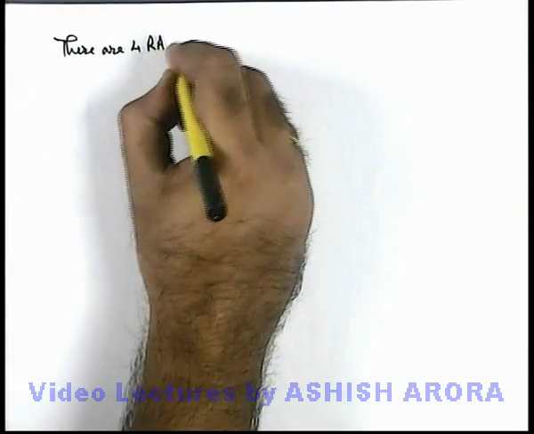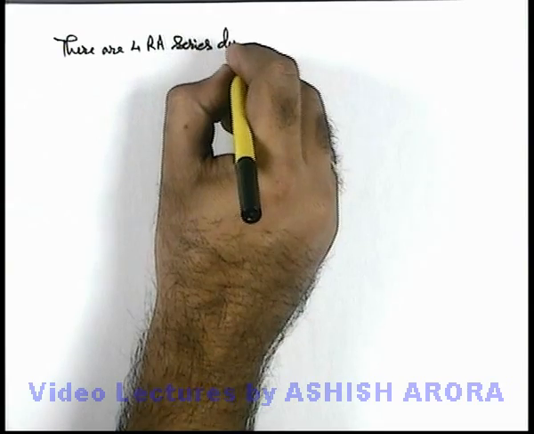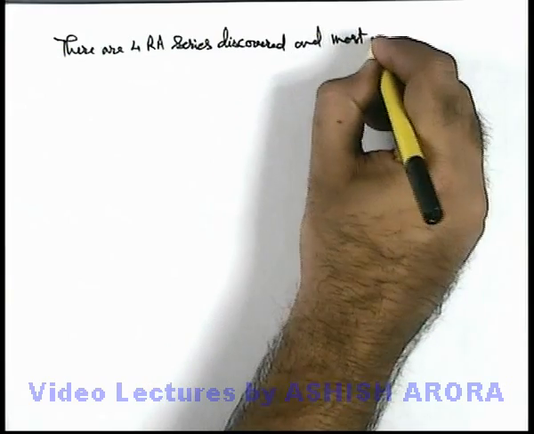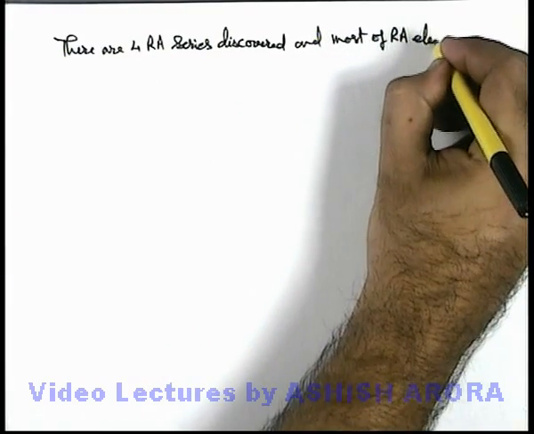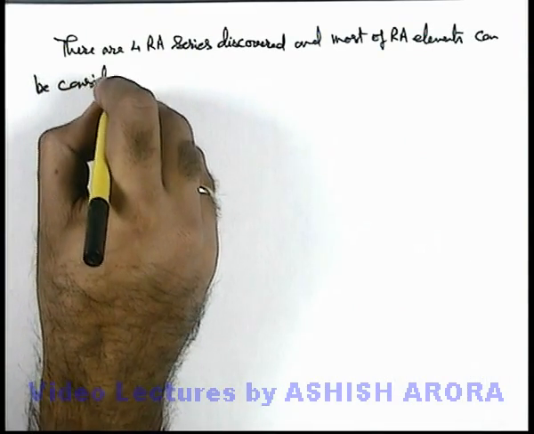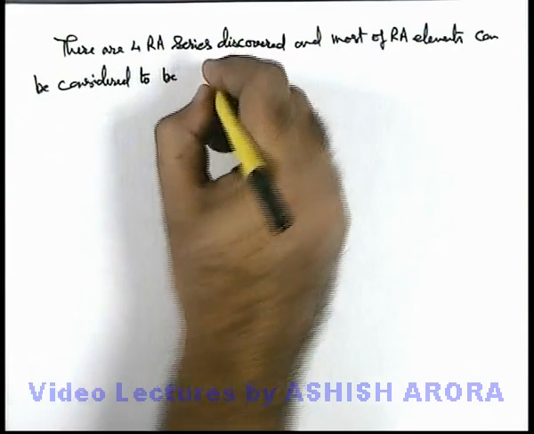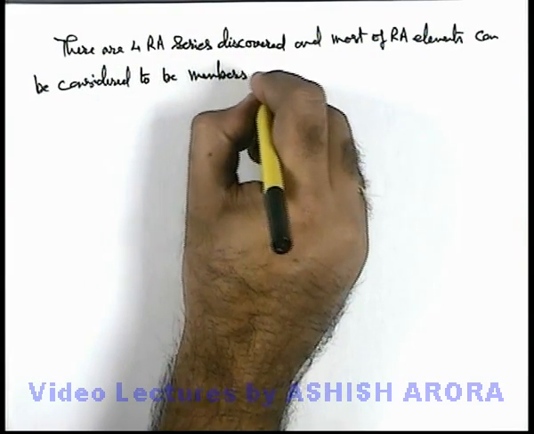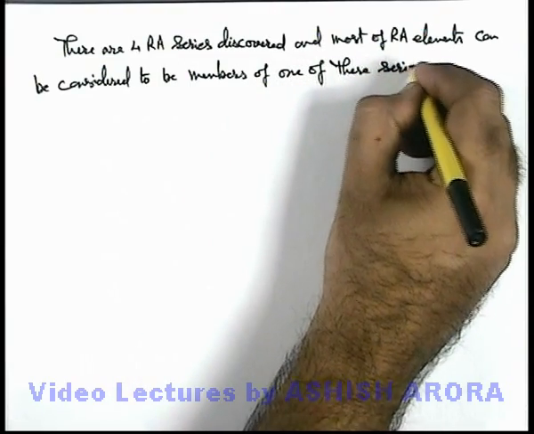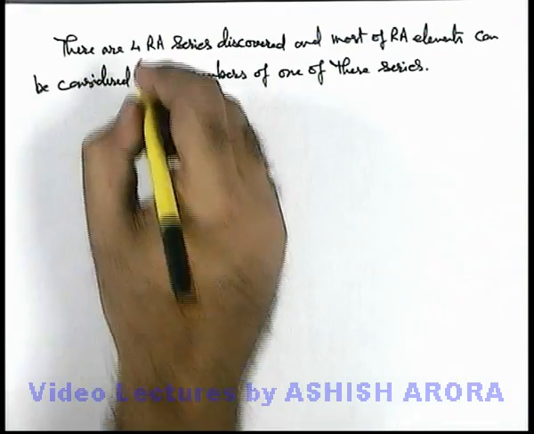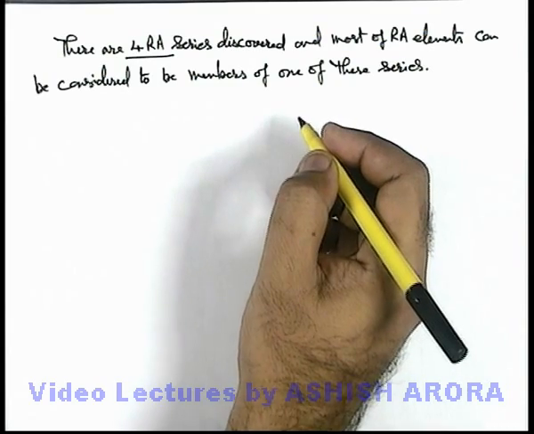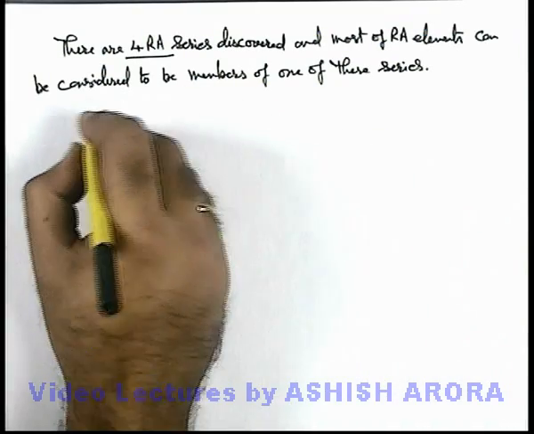In continuation, we can also write that there are 4 radioactive series discovered, and most of the radioactive elements in nature can be considered to be members of one of these series. About these 4 radioactive series, we are not going to study in depth, but basic knowledge is required for you at your level. So I'm just giving you the idea that